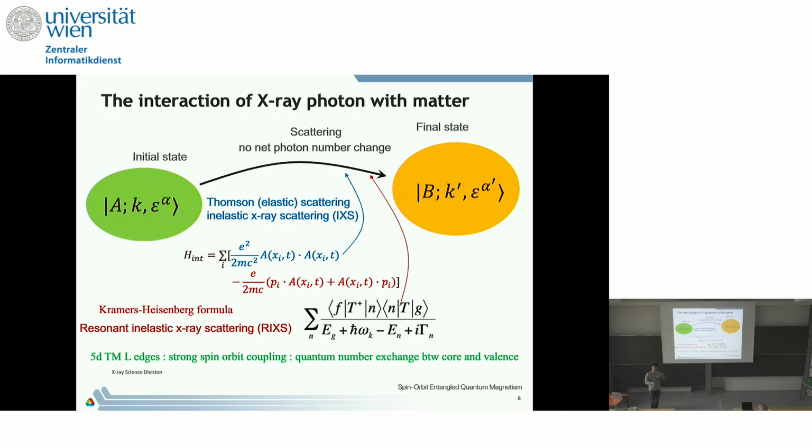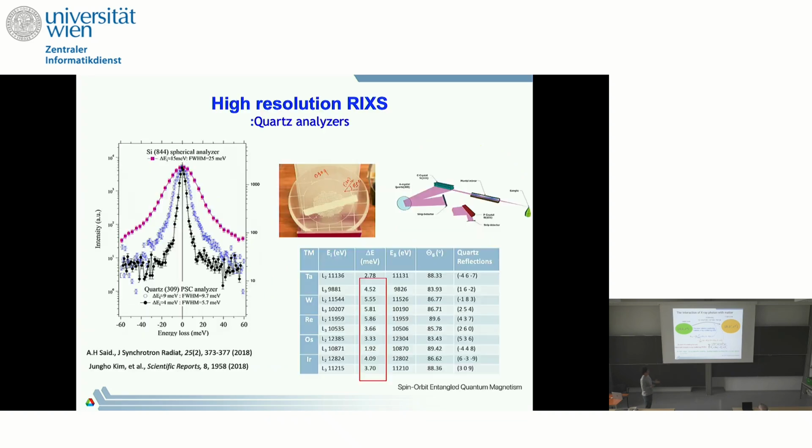The 2p core level is within the hard X-ray range, and 2p has a strong spin-orbit coupling. Because of that, in a valence system we can have a spin-flip excitation, because the core spin-orbit coupling can provide the quantum numbers. 3d transition metals can be studied well by soft X-ray. In the 3d case, the K edge doesn't have a spin-orbit coupling, so we cannot see the spin-flip excitation, so it's not popular now.